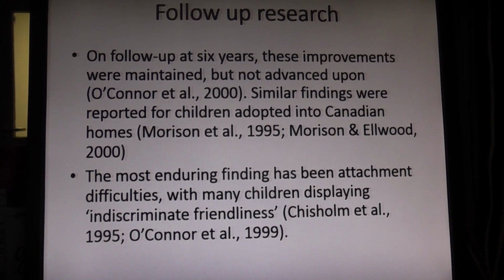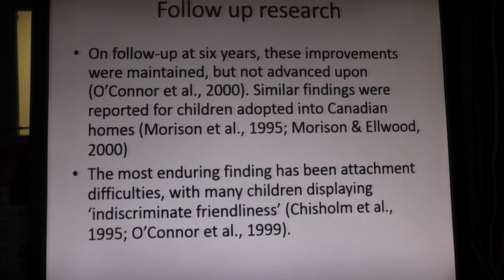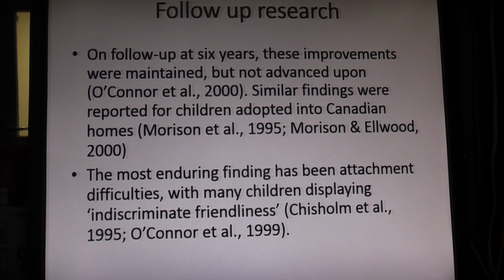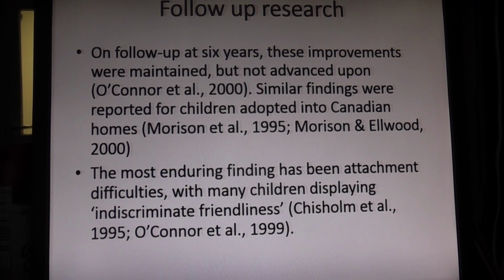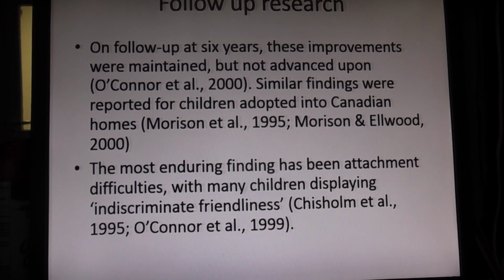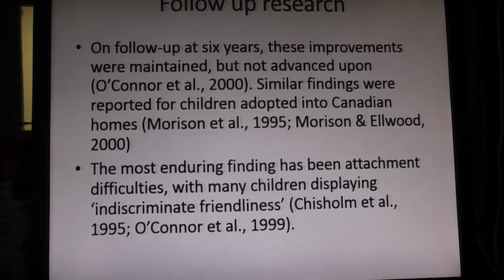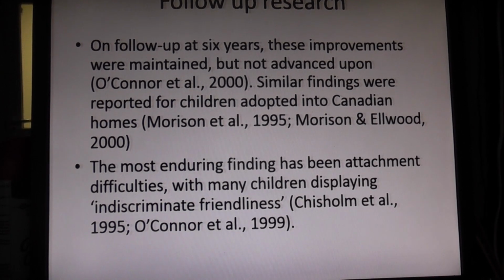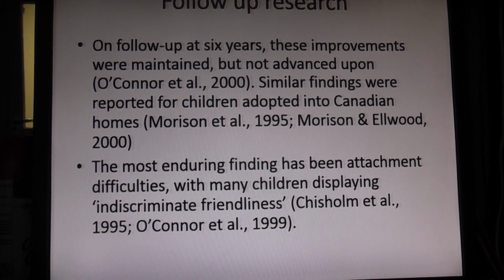The first piece of research that you'll look at is not on this PowerPoint, but it is in your course booklet, and this is Rutter with the Romanian orphanages. You need to thoroughly read this research. Rutter found that children who'd been in orphanages suffered from extreme physical and mental deprivation, particularly if they were adopted after 6 months of age. When Rutter followed these up after 6 years, he found that children had not advanced upon, but had made very few improvements.